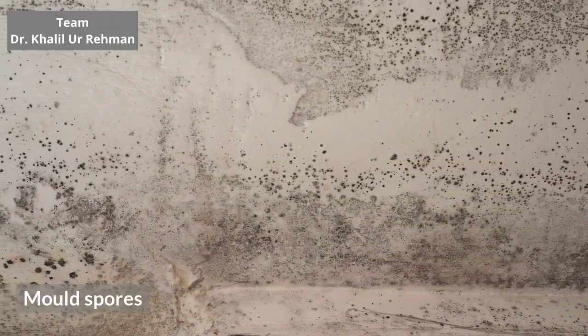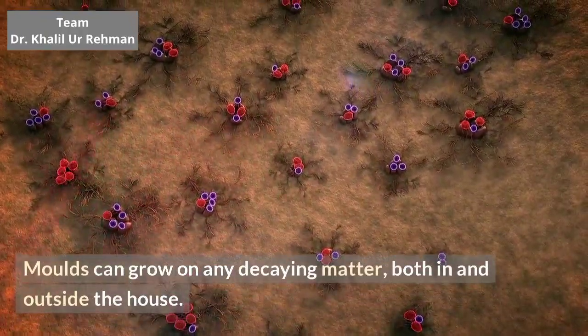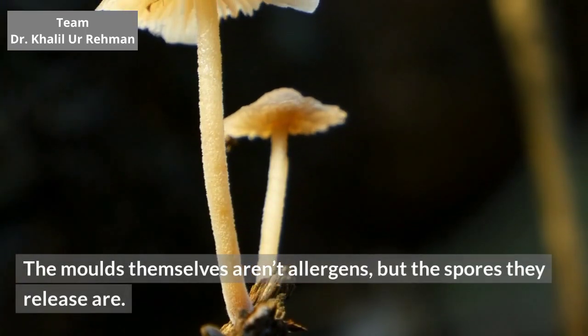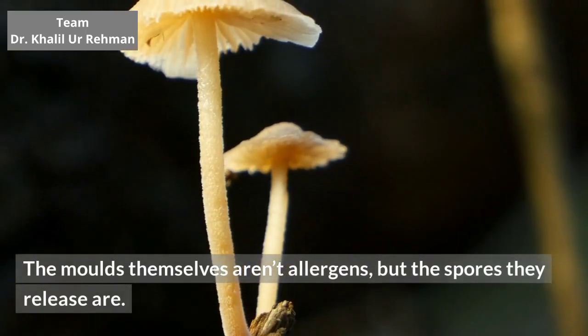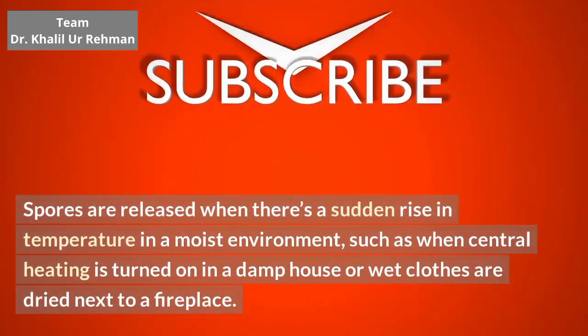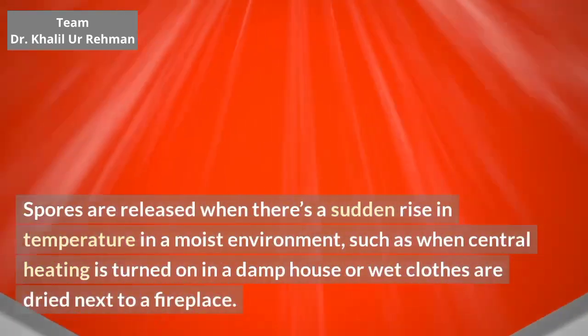Mold spores. Molds can grow on any decaying matter, both in and outside the house. The molds themselves aren't allergens, but the spores they release are. Spores are released when there's a sudden rise in temperature in a moist environment, such as when central heating is turned on in a damp house or wet clothes are dried next to a